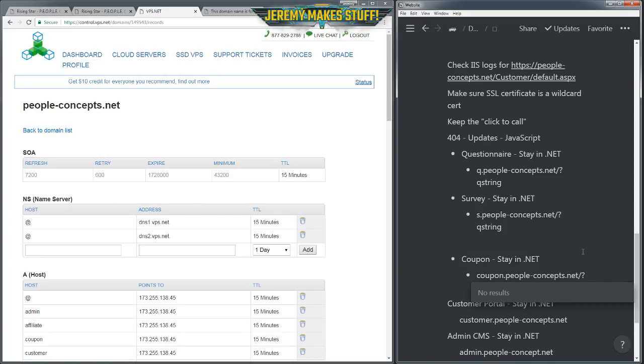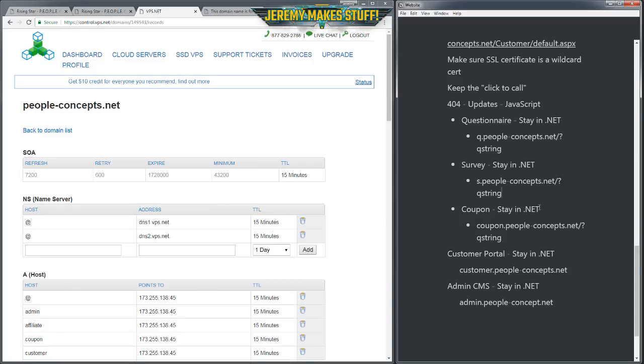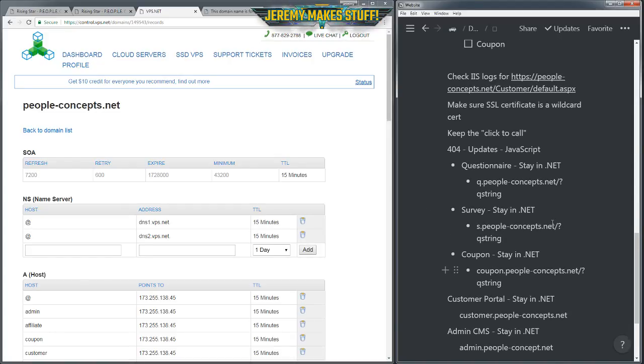The way the coupon page works, if there's an event or like a convention or whatever that Gary goes to and is presenting, he can actually generate a coupon code and give it to somebody after talking to them.